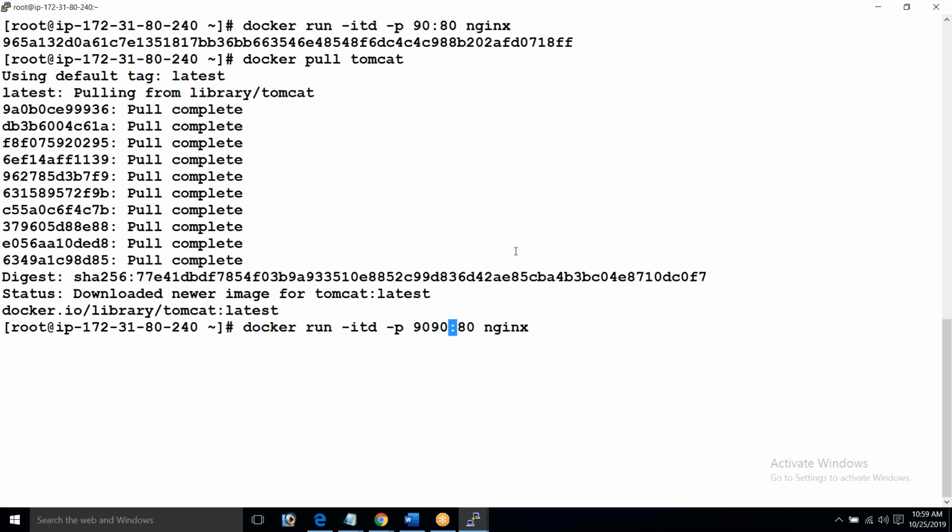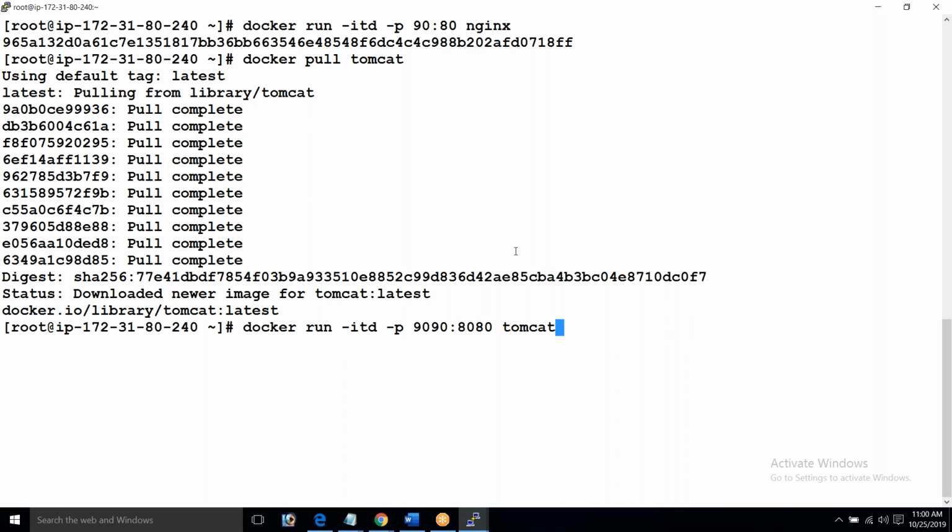I will reach out to my Docker host IP address colon 9090, but my request should go to my Tomcat 8080, because Tomcat always runs on 8080.